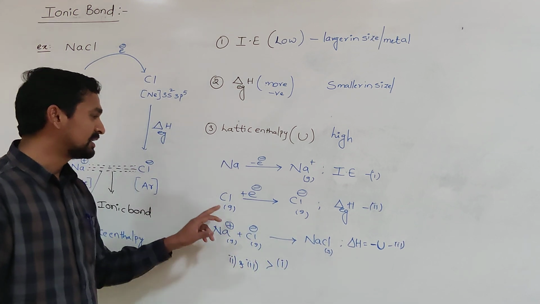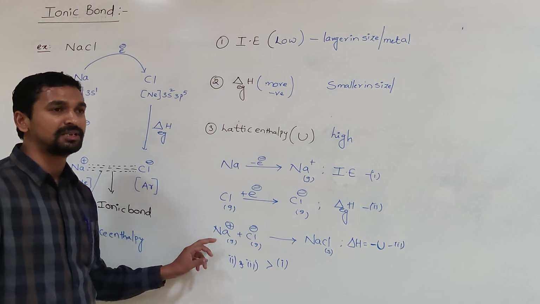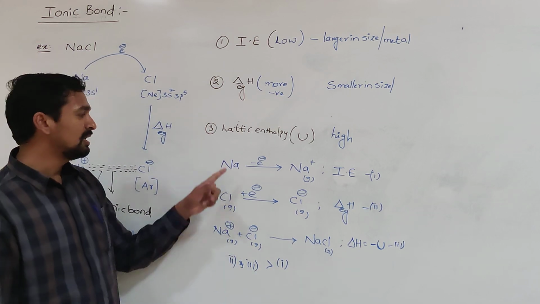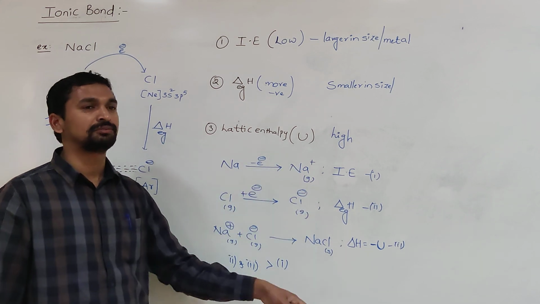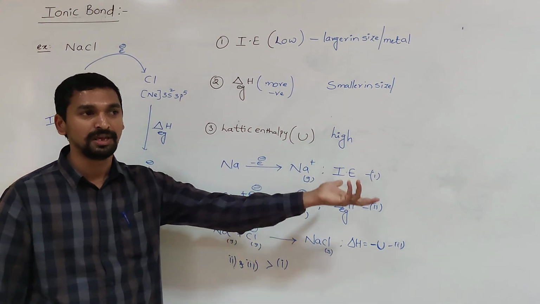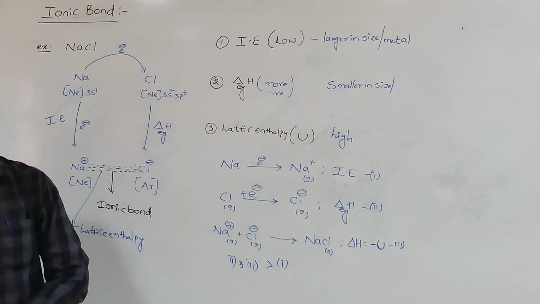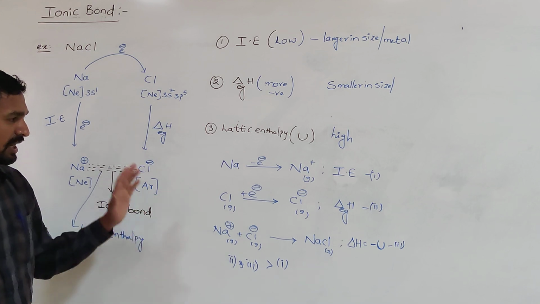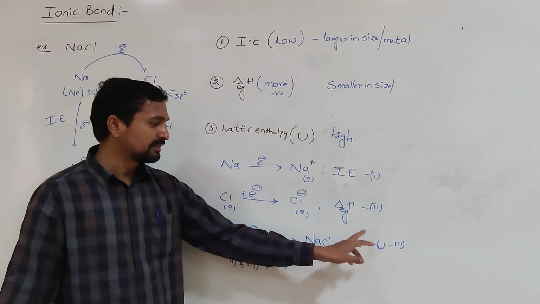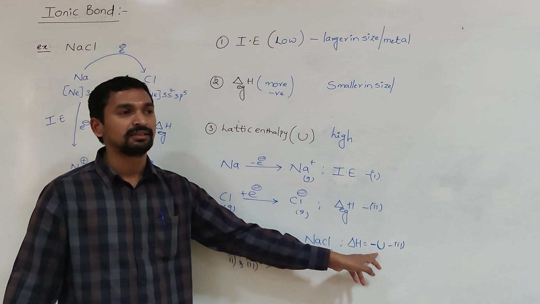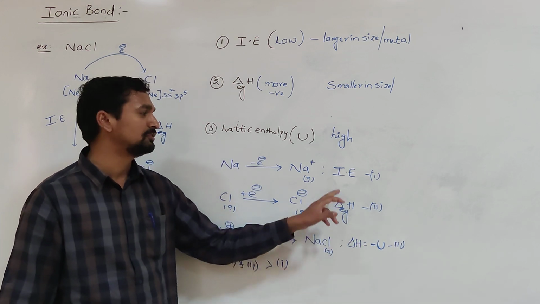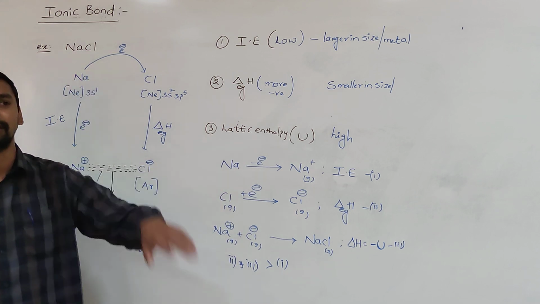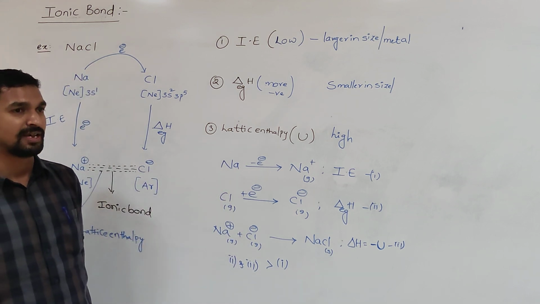No. That's why the sum of the second step and third step energy involved should always be greater than which one? The first one. Then only the total value of these three steps will be negative. That means energy will be released, corresponding to the stability of formation of the ionic solid. So the sum of the electron gain enthalpy value and the lattice enthalpy value should always be greater than the energy required in which one? First step. In that case only the ionic bond formation takes place very fast.